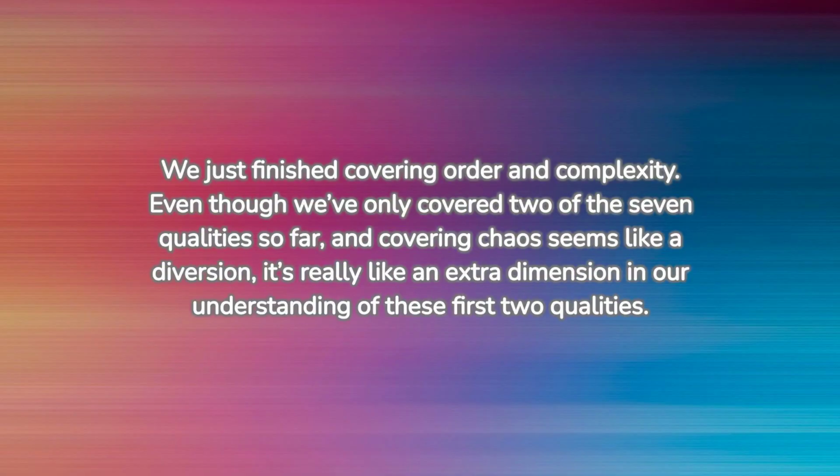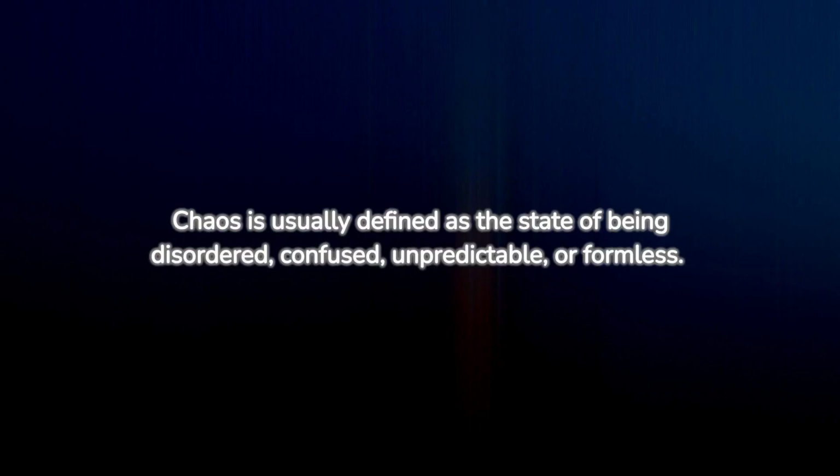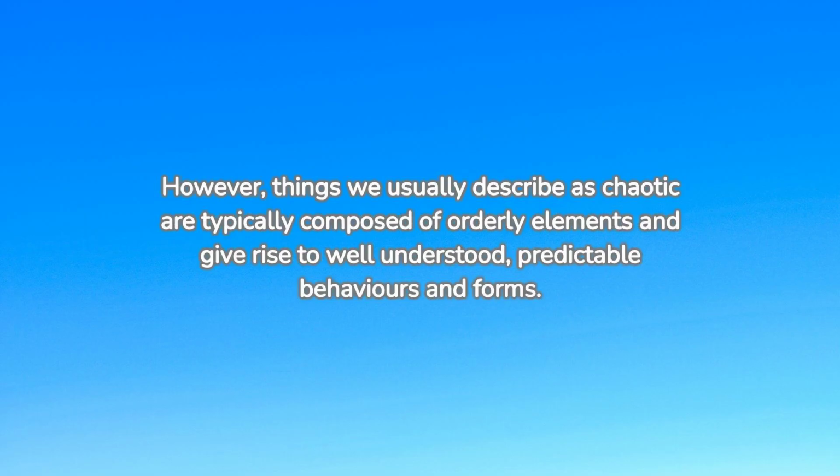We just finished covering order and complexity. Even though we've only covered 2 of the 7 qualities so far, and covering chaos seems like a diversion, it's really like an extra dimension in our understanding of these first 2 qualities. Chaos is usually defined as the state of being disordered, confused, unpredictable, or formless. However, things we usually describe as chaotic are typically composed of orderly elements and give rise to well-understood, predictable behaviors